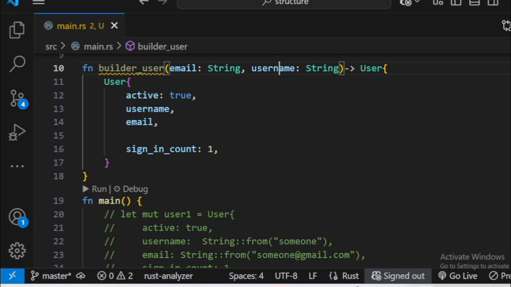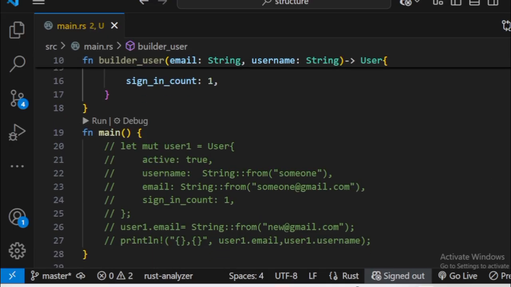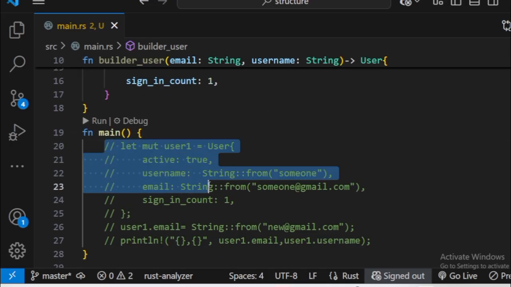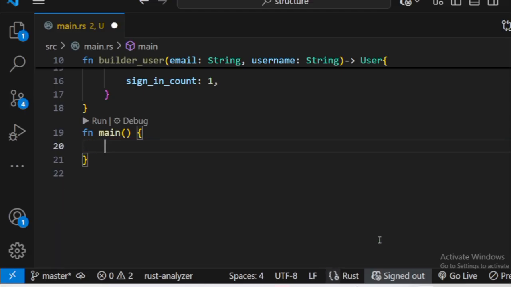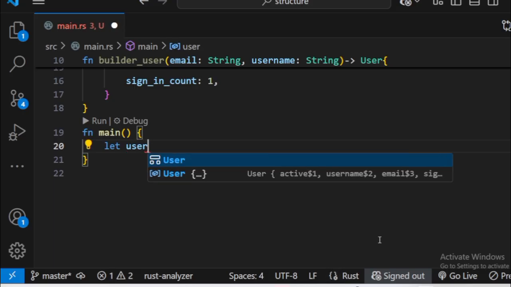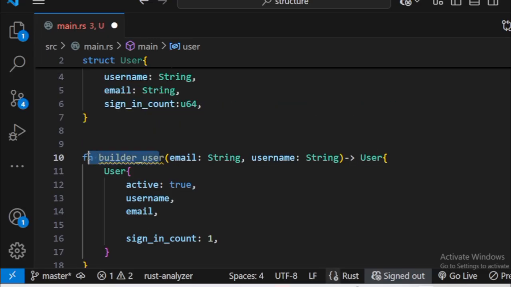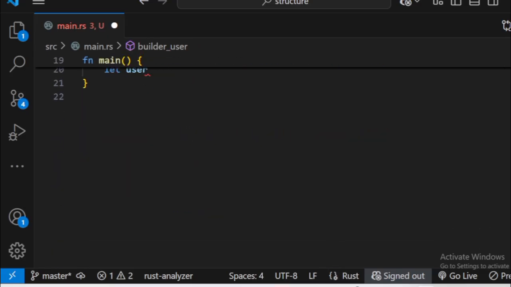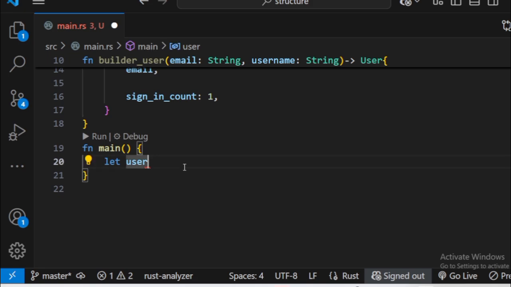So let's say that we really want to call this function, we want to return this function in our main here. So how do you go about it? This is a very basic example. So what I'll do is wipe this off for us to have enough space. So we say let user one. We want to store this function that will be returned in a variable, right? That's what we want to do. So let's just use another name, Peter, I don't know. Peter equal to build